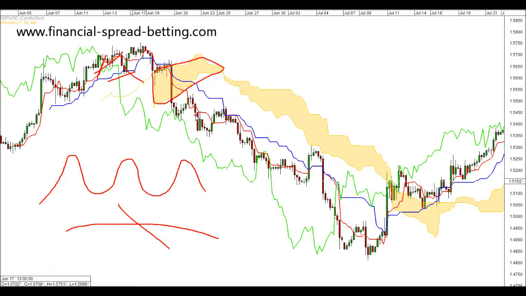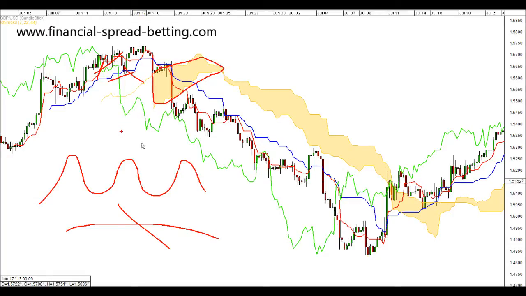Why would we use the Ichimoku indicator? The reason being, it can show us a number of things. First, it can show us bullish or bearish bias. It can act as an indicator for trend strength and also potential support and resistance areas. Like I said, this is generally used on Japanese related assets. But as I've used the pound against the dollar in all these videos, I will continue using the pound against the dollar to demonstrate